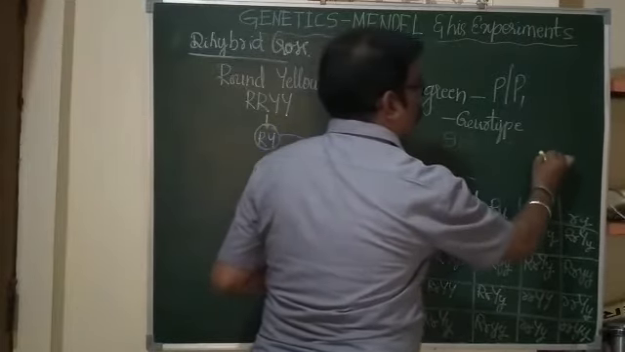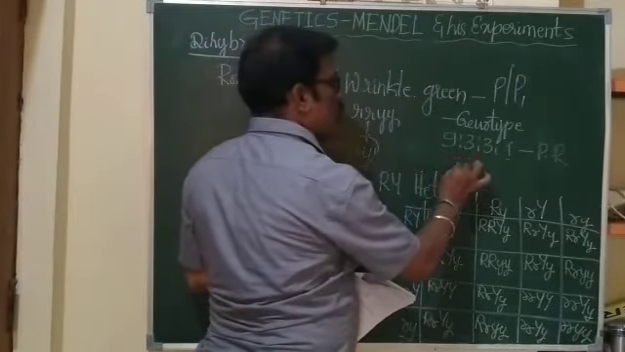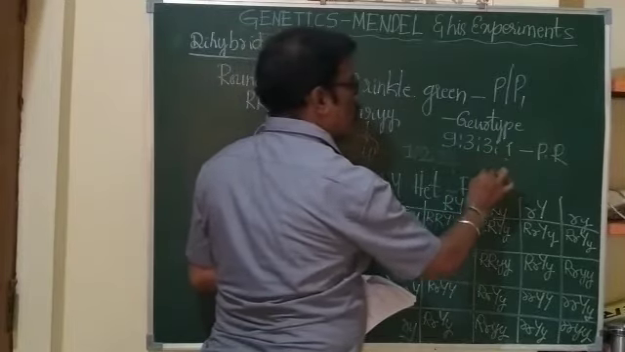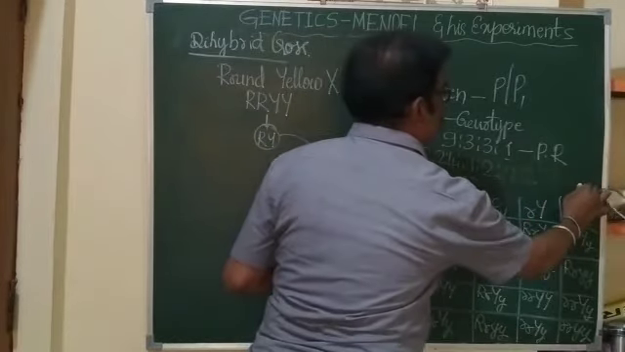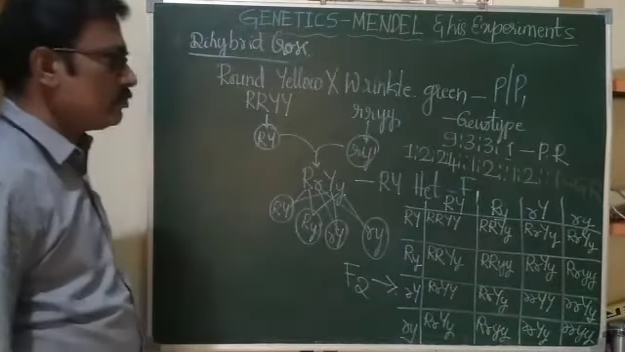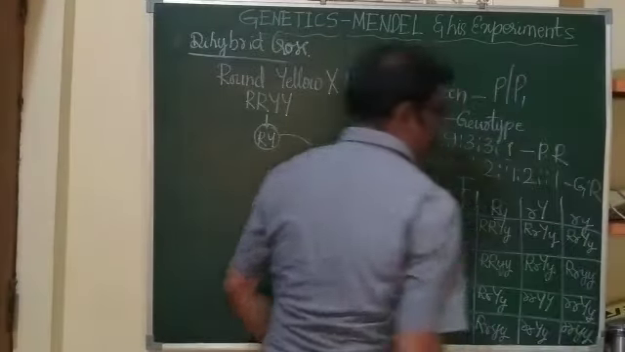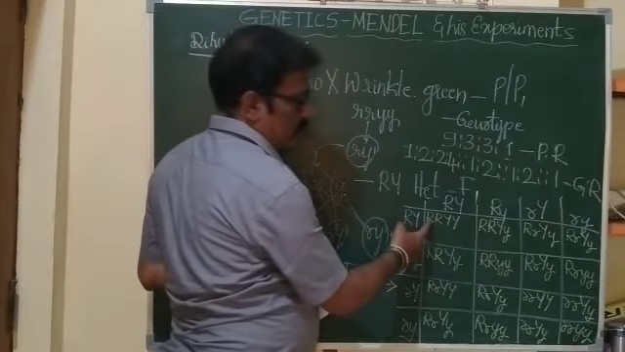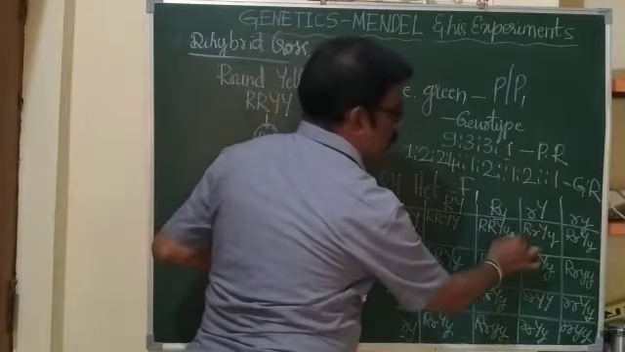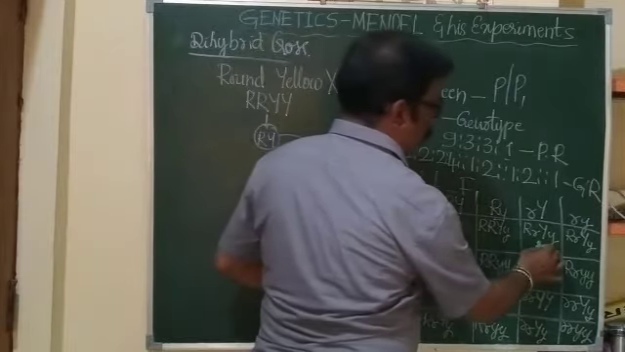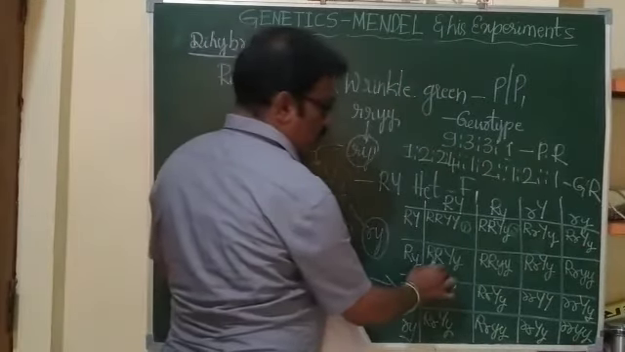And previously I told you that it is in the ratio of 9:3:3:1 phenotypically, or in the ratio of 1:2:2:4:1:2:1:2:1 genotypically. See that one. By observing the genotypes: round yellow 1, round yellow 2, round yellow 3, round yellow 4, round yellow 5,